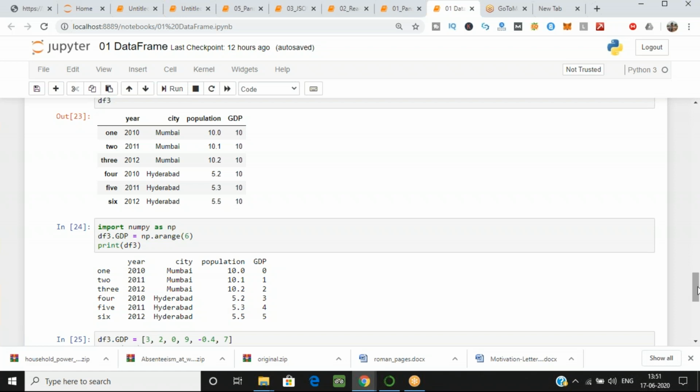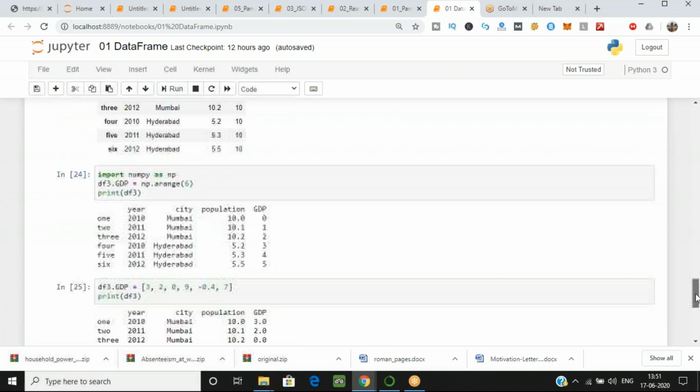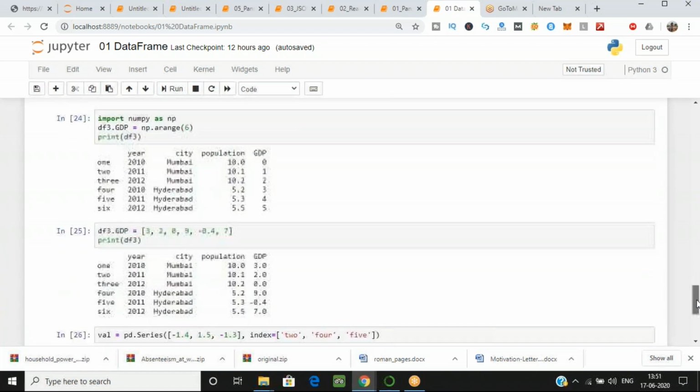That is, you have to give the value 0, 1, 2, 3, 4, 5. Okay. Then after that, you have to give the value like 3.2, 0.9, minus 0.4 and 7 in the GDP column.